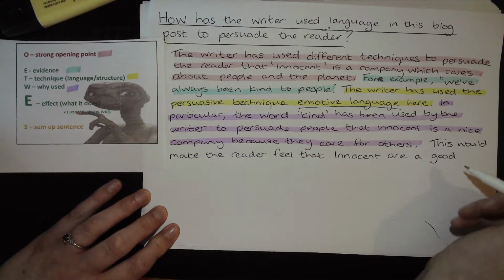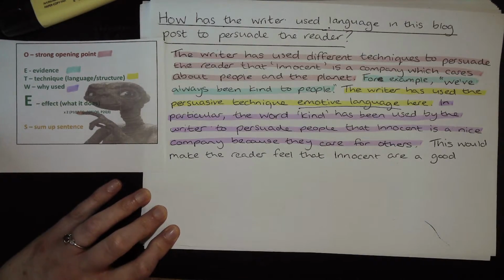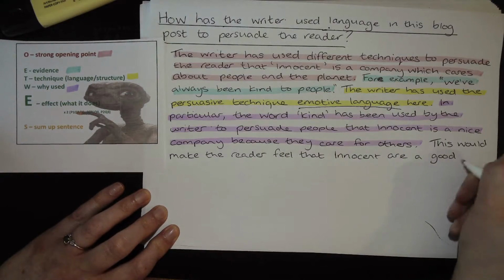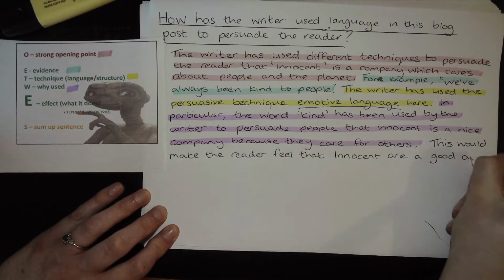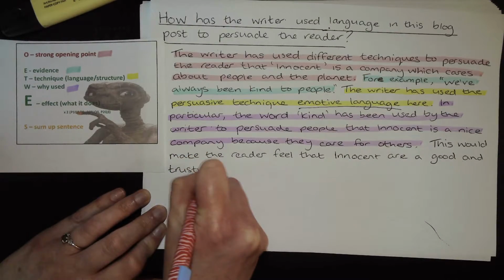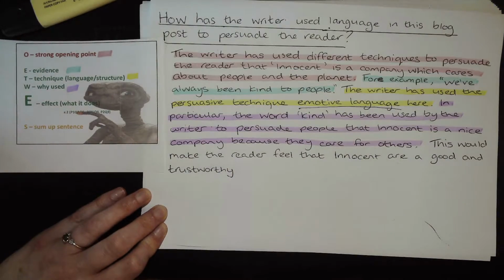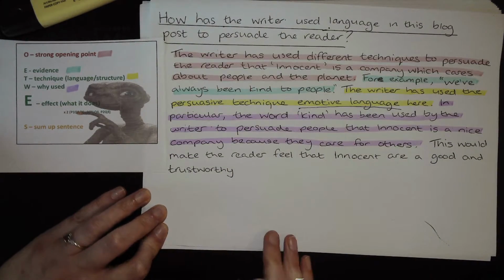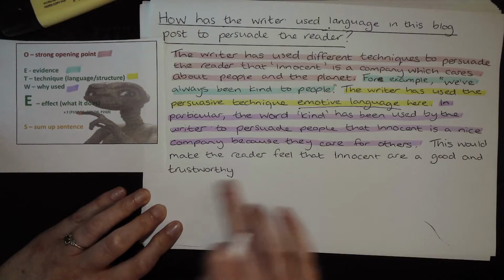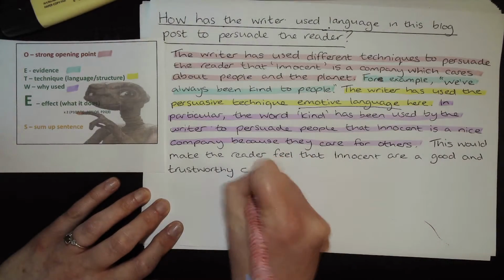It's an okay word, good. I'm going to try and actually use a slightly better, slightly more specific word. They're not just a good company, and they're also trustworthy. Because I think that's really what the writer's trying to get us to feel, is that we can trust innocent. So this would make the reader feel that innocents are a good and trustworthy company